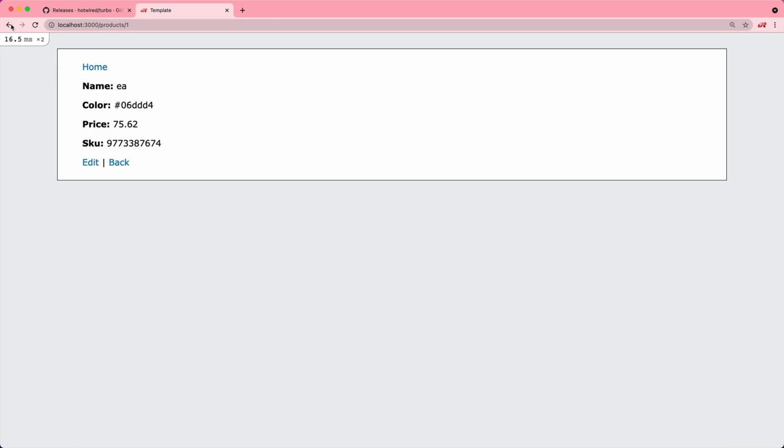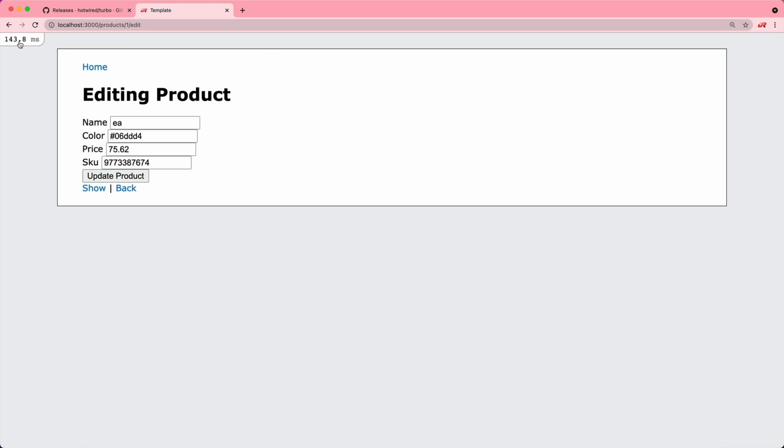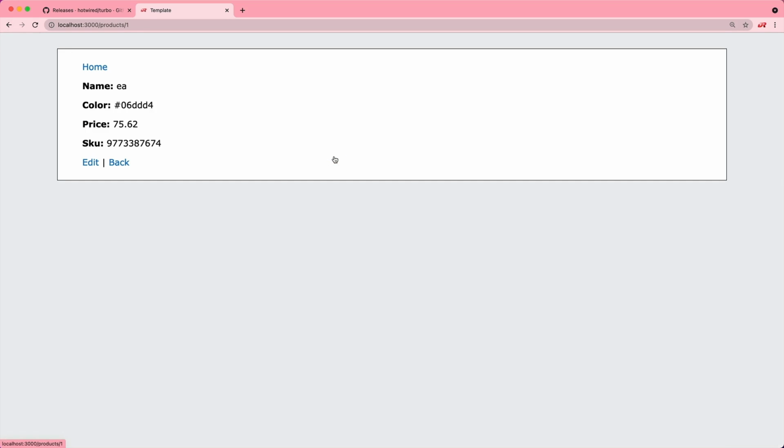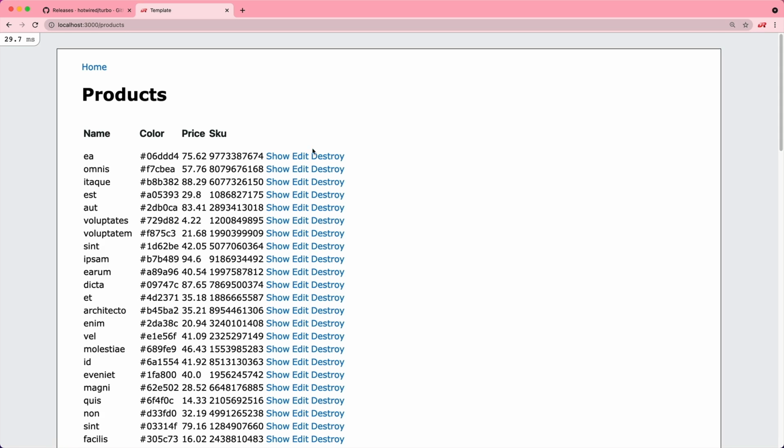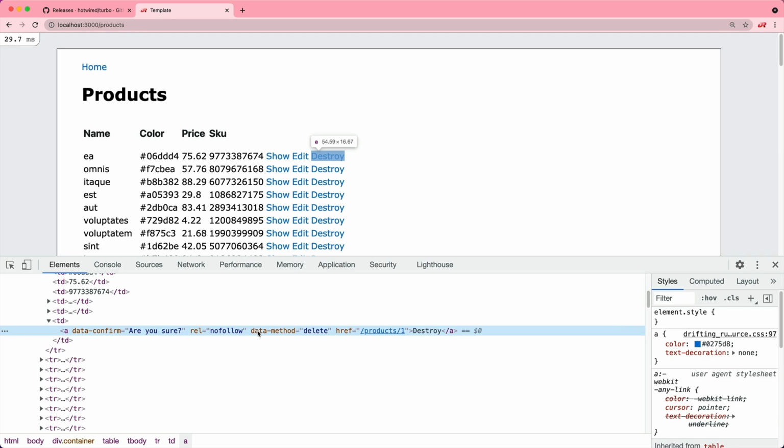If we click show, that works as we would expect. Edit does as well, but then when we come to the destroy, because we have to pass the delete verb back to our Rails application, that's usually done with a data method, and Rails UJS would have picked up on that and made the appropriate delete request. However, because we don't have Rails UJS installed on this application, it's just taken us to the show page as a get action. We can even inspect the source to see the data method delete, but without UJS, or some other method, this isn't going to work.